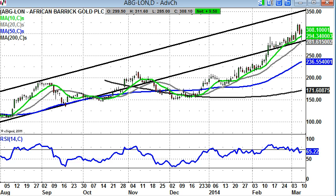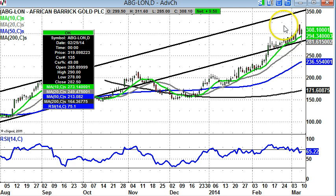Starting off with the good stocks here, and we have African Barrick Gold, where there's been a rising trend channel in place on the daily chart since August. The floor of the channel looks like it's come in at yesterday's low. That's Monday's low, which was £2.85, just above the 20-day moving average and just below the 10-day moving average at 2.94. The end of day close well above £3 has to be taken as a very bullish flourish,